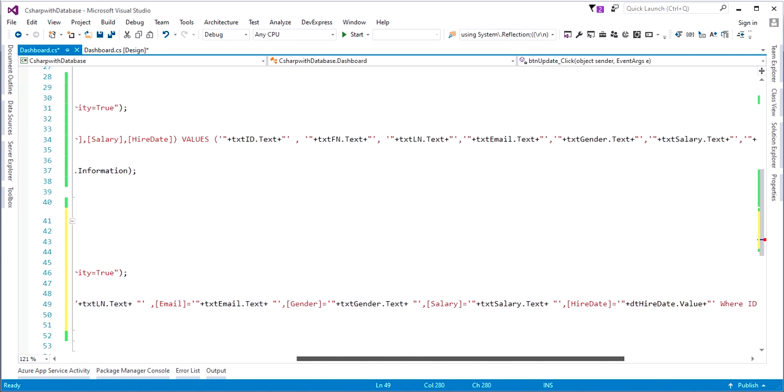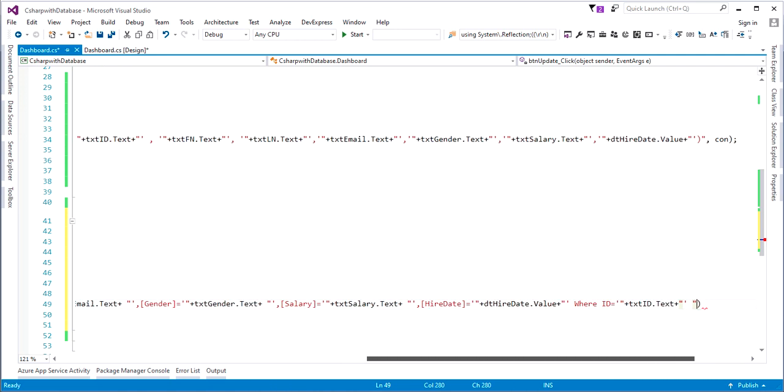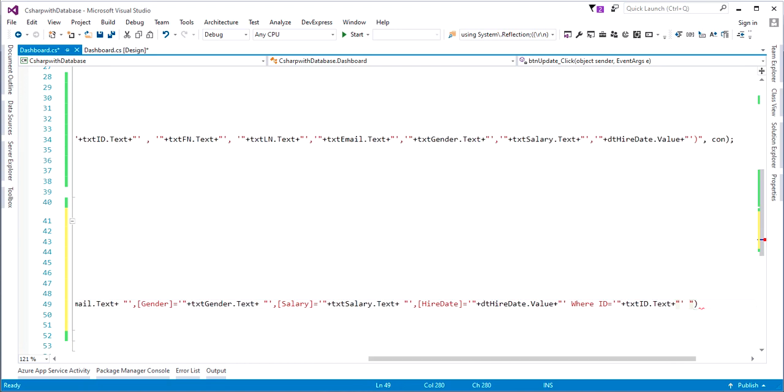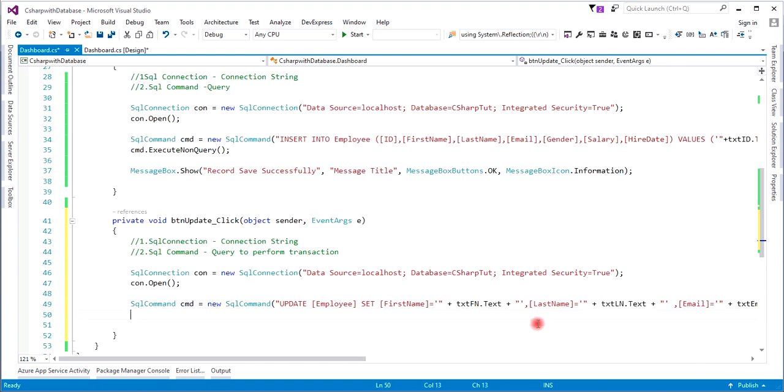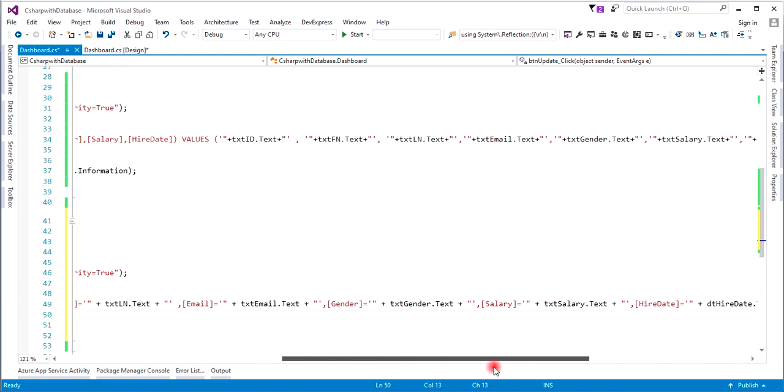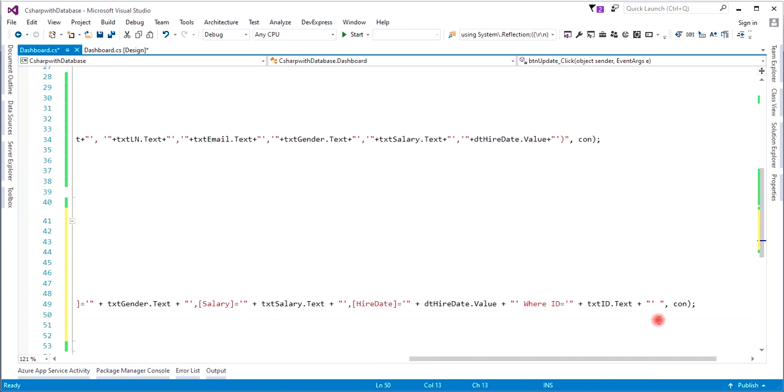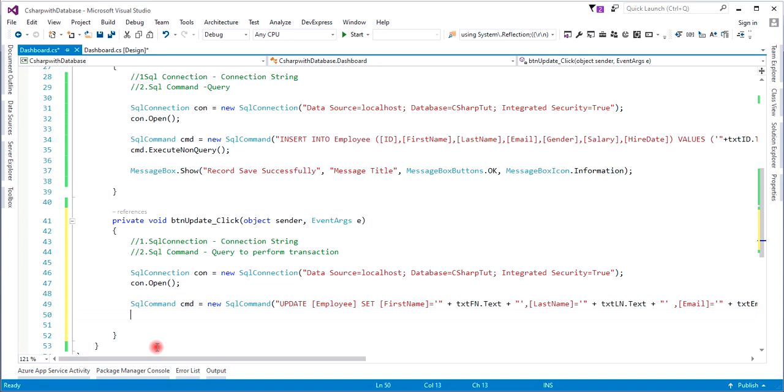So after typing this query, comma, we bring our con here. Add comma con. Typing all these, you add comma con to it. All right, the next thing we're going to do now is we say cmd.ExecuteNonQuery,